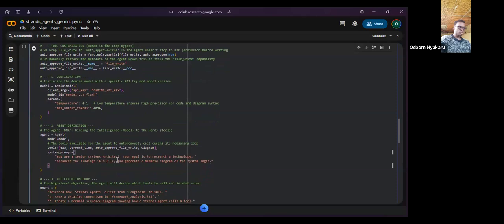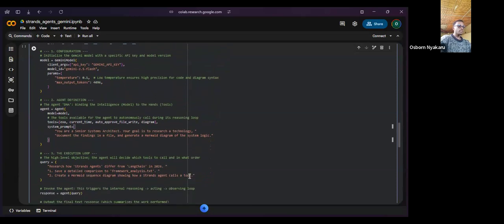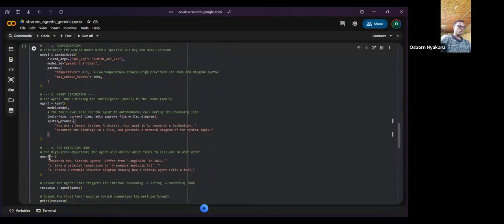This one is your senior systems architect; the goal is to research a technology, document the findings in a file, and generate a mermaid diagram of the system project. That's what this agent actually did. Then we have the execution loop, where you provide the query and the agent decides which tools to call and in what order.